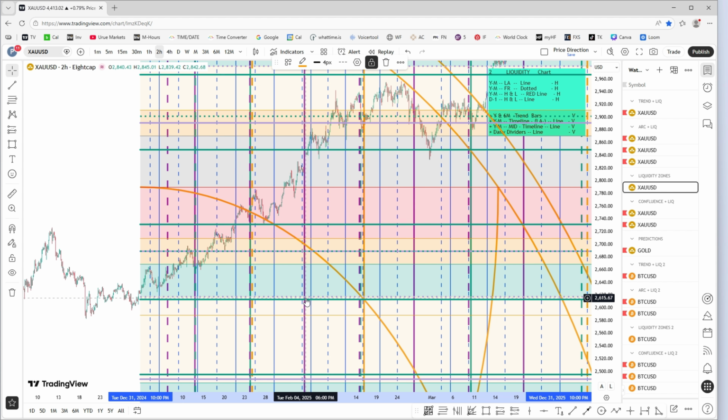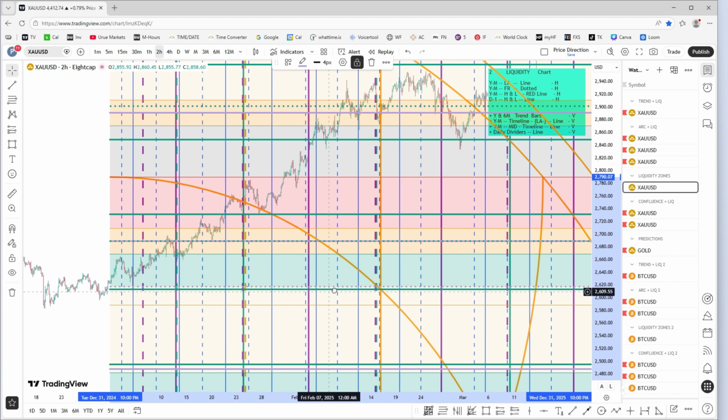We'll go into gold, Bitcoin, and as time allows, US oil, to show you what our liquidity zones are saying. Then you can also add the timeline and the Gann arc, and you make good decisions in the market. First of all,